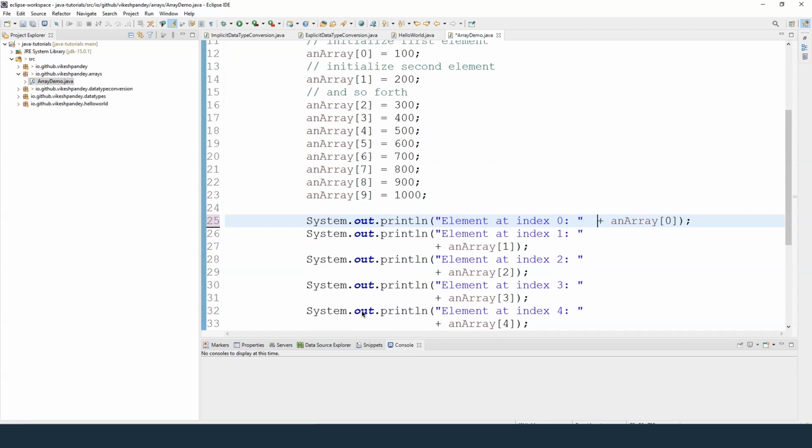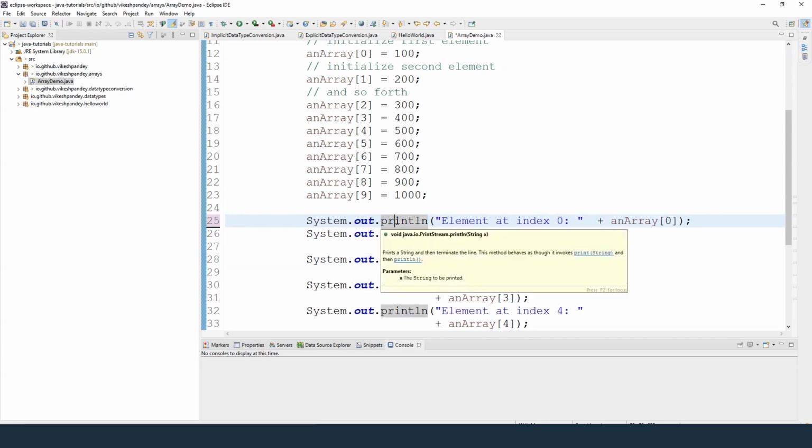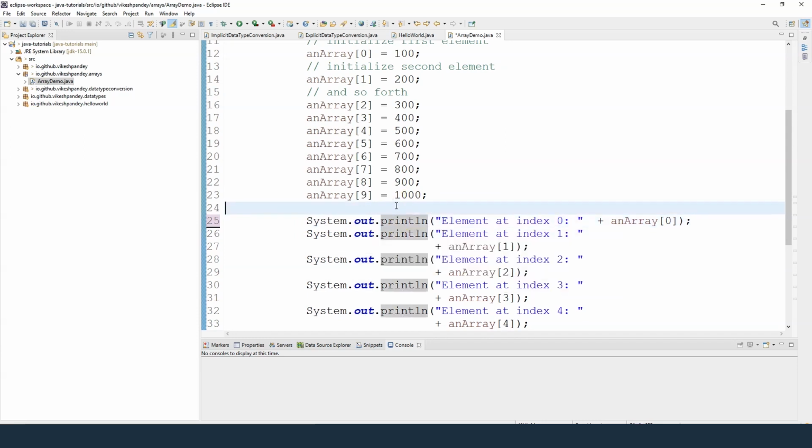Okay, so now we will try to print all the elements one by one. That's pretty much what we are doing now. As we covered in the previous lecture, we use system.out.println to print anything, and we understood the whole meaning of this, so I'm not going to repeat that. Now we want to print the first element. The first element is sitting at index 0, and we can access that element with this syntax by providing the variable name and the actual index value.